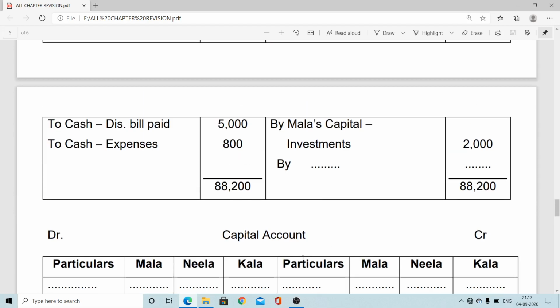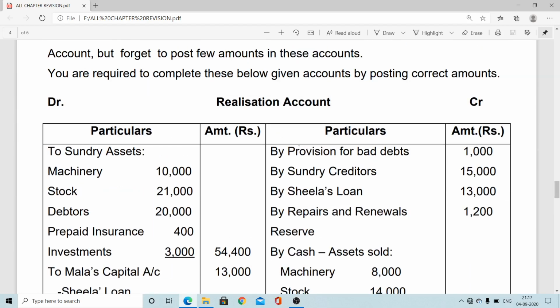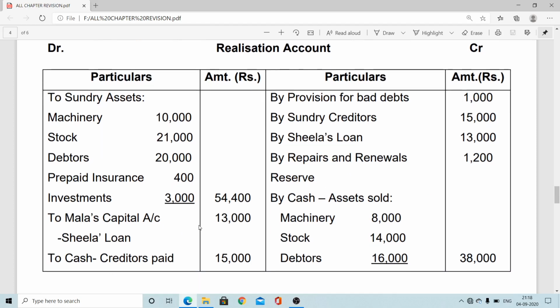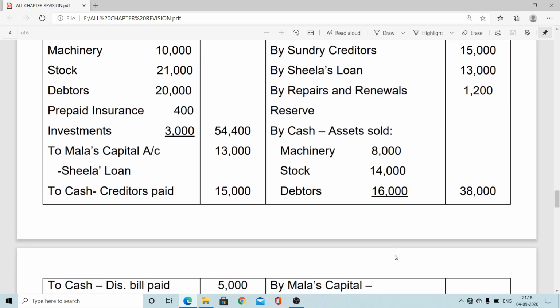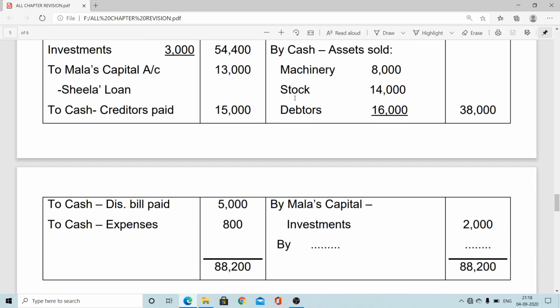Now first of all, we have to find out the missing figure from the realization account. In the realization account, like we know, there is a primary phase, first phase entry, transferring of all the assets and all the liabilities. All the assets means here, except fictitious assets as well as cash and bank, and this time external liability, not internal liability. There is the first phase entry. Now second phase entry, like here liability payment as well as assets recovery entry. So at that time all these entries are provided, but here one is missing.